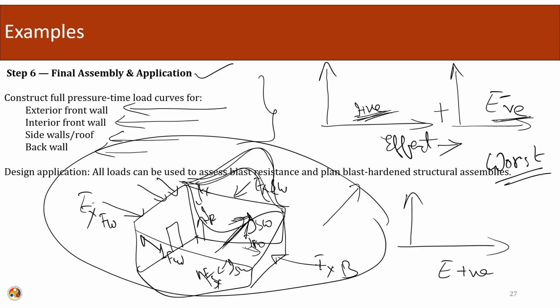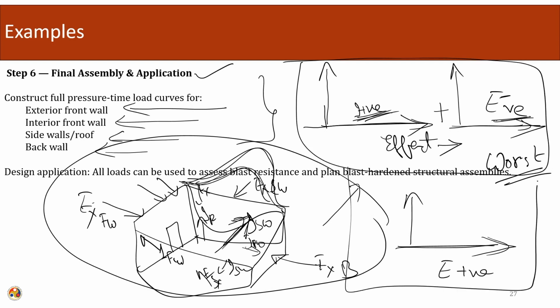Why? Because if it was a static case, then the interior positive and the exterior positive might have cancelled out each other or reduced the effect of one another. But here, the time at which the exterior effect takes place and the time at which the interior effect takes place are not the same. So, in order to account for the worst possible case scenario, we will add the effect of the interior positive with the effect of the exterior negative, and analyze the exterior positive separately. This is how we combine the effects in order to calculate the total effect of the blast loading on the structure.